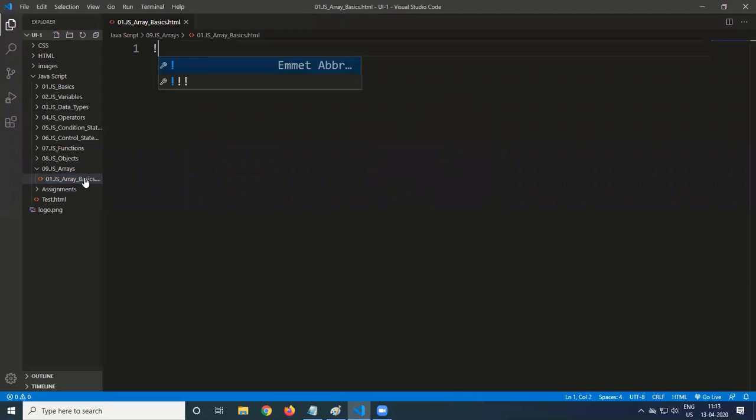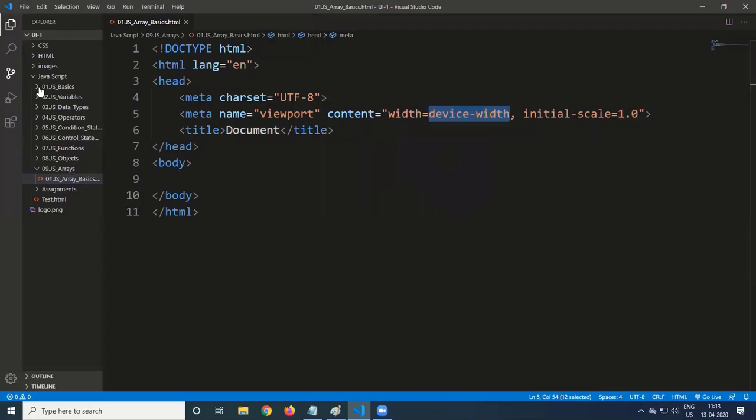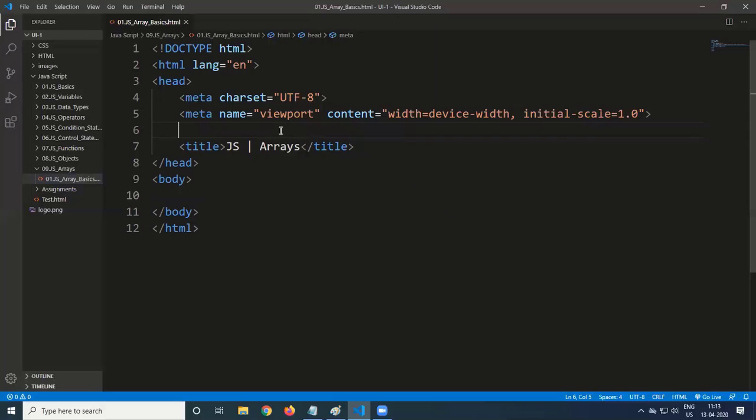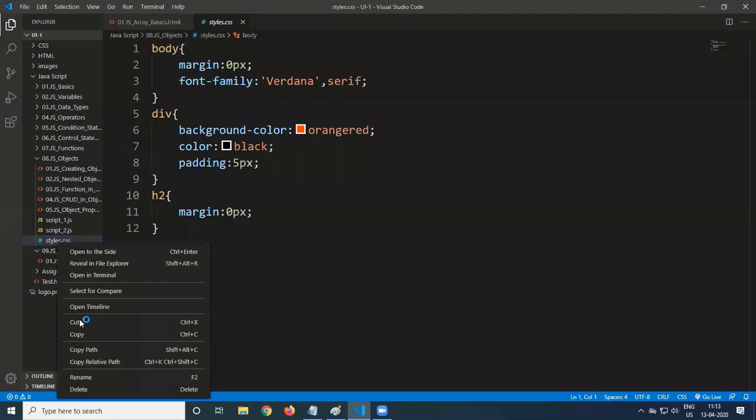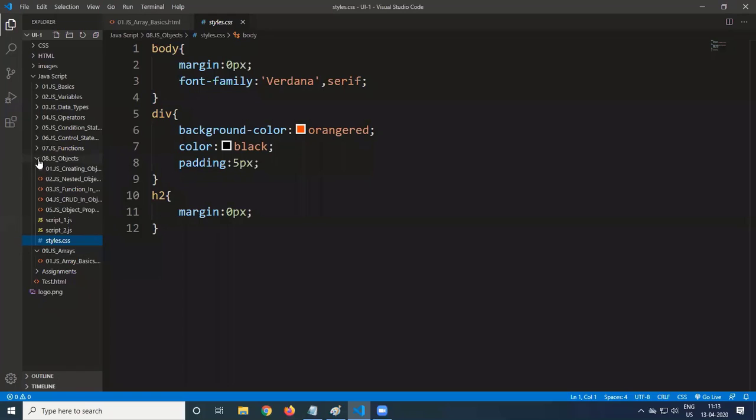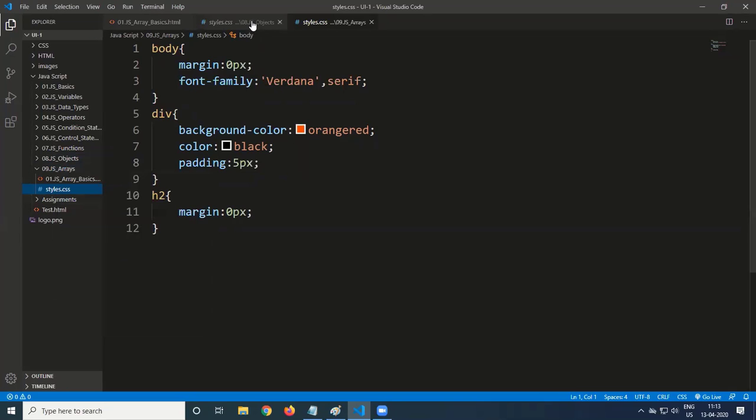Inside this, we provide a title as JavaScript arrays. We want to have a link also from the previous one, so we integrate styles.css in our page.